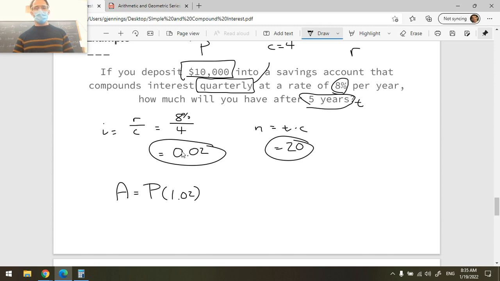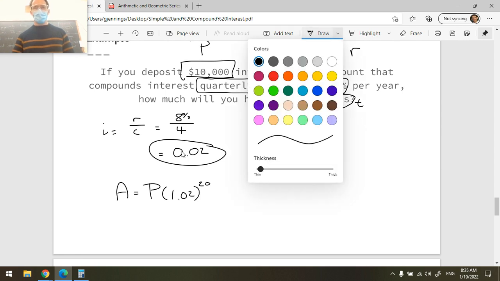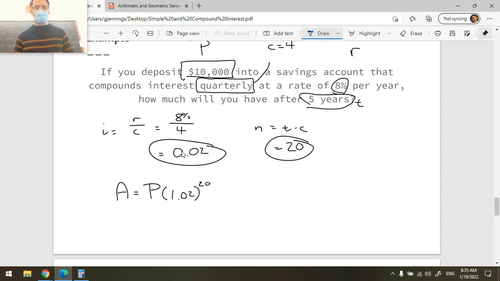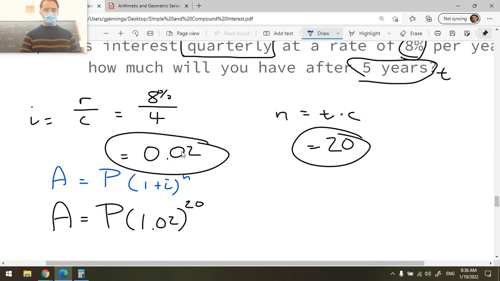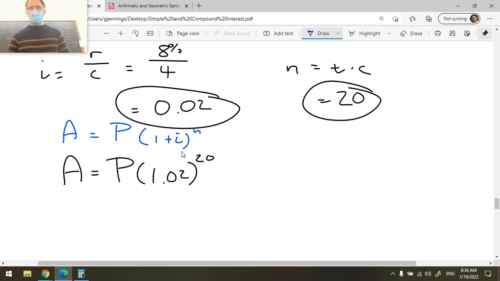And we're going to raise that to the power N. So that's 20. So just writing our formulas out over top so you can see where these numbers come from. The amount we're going to have here is equal to the principal multiplied by 1 plus I, all raised to the power N. And now, substituting in, we will have